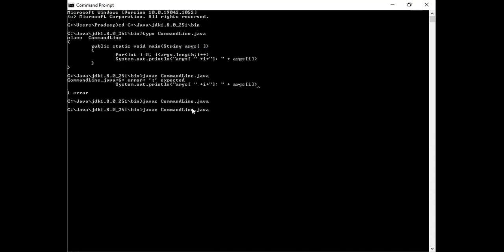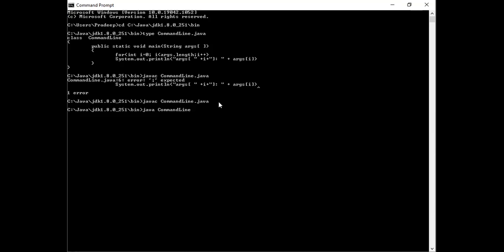Now the next thing we have to do, after javac, is go for java. Java is an interpreter. So javac is the compiler, java is the interpreter. Here you have to remove the .java, because the first time you have to give the source file name, that is commandline.java. Once the .class file is created, that is bytecode is generated, you need not give the source file name.